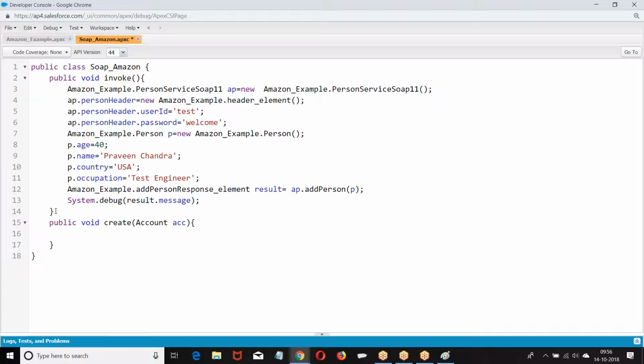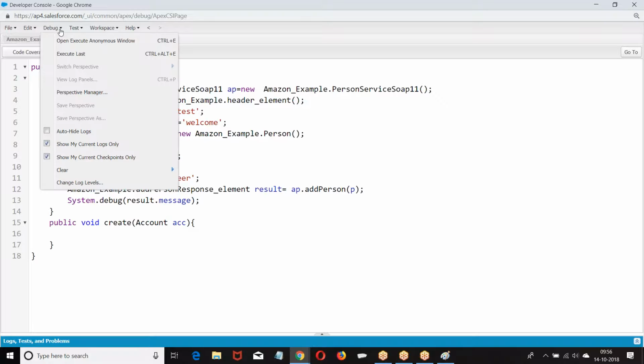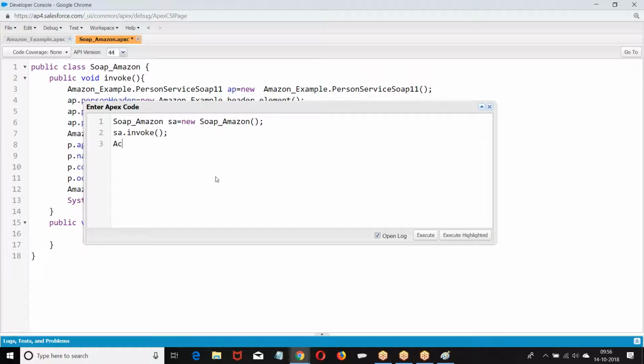Now, we are very good with sObjects and all this stuff. If I have a method called create, and I want to pass an account, what are they expecting? Account is the parameter. Will I pass the account like this? Why not? It is a reference variable. For a reference variable, if you don't assign the memory, what is the value?